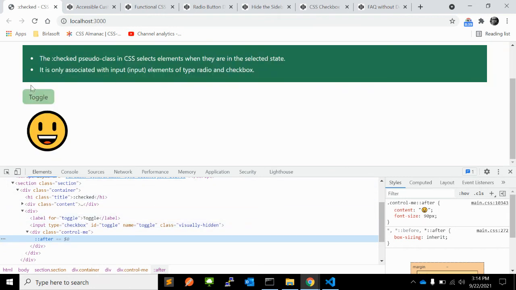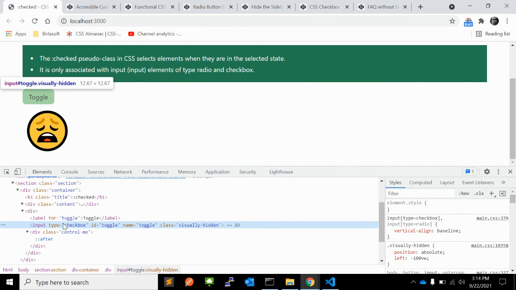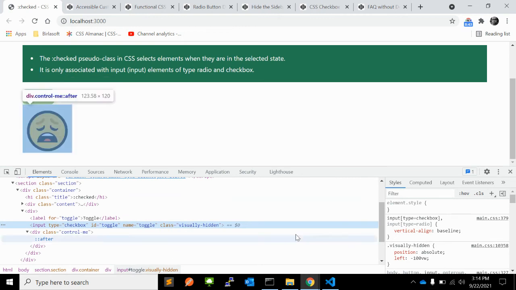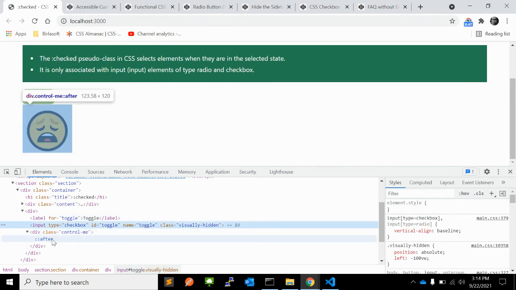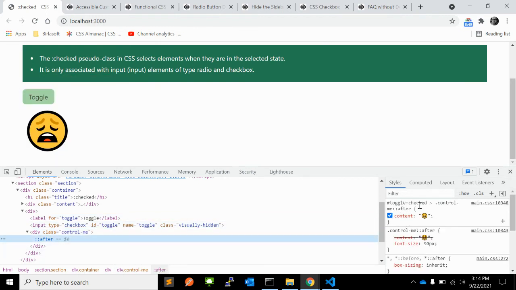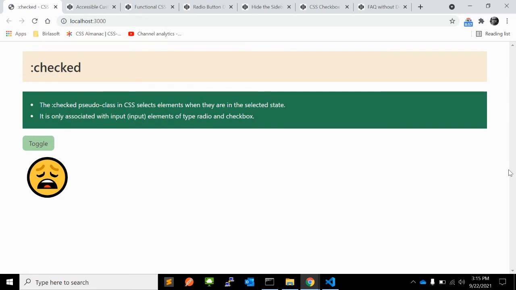But when you click on toggle, it will add the checked state into this checkbox, and using that CSS toggle checked control me after, we can add some content into that. So this is one of the best examples you can use the checkbox hack.